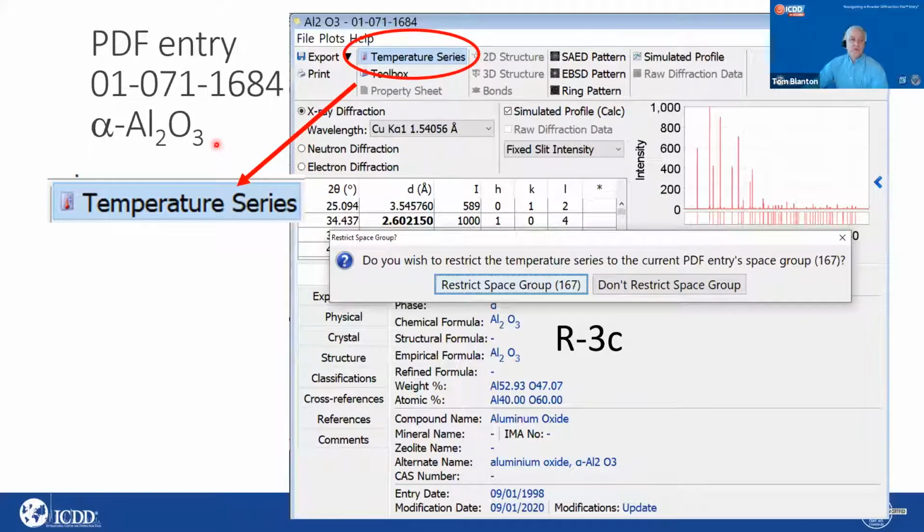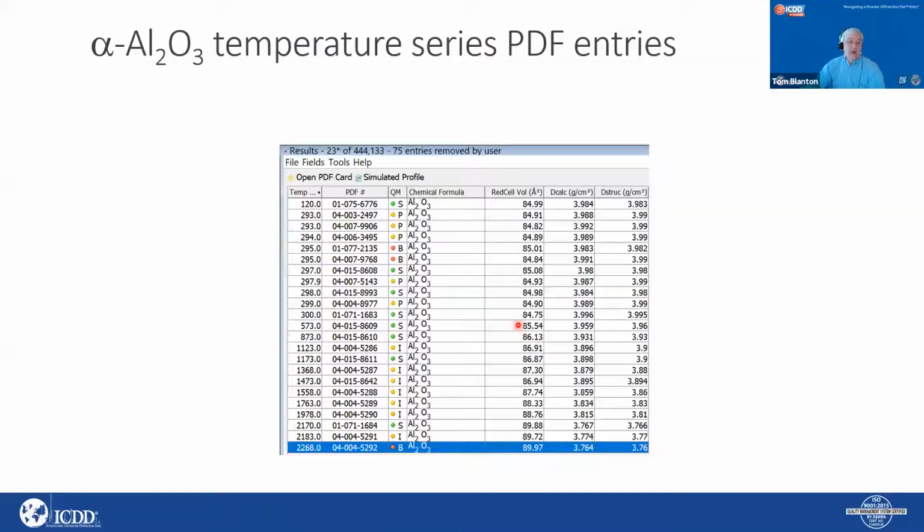So here is a corundum aluminum oxide entry. The temperature series icon is highlighted, and when you click on that, it will ask you, do you want to restrict it to just phases that have the same space group, in this case R3 bar C, or do you want to look at all aluminum oxides? So if I restrict it to just what is the effect of temperature on the corundum type aluminum oxide, I can click on restrict the space group, and I'll come up with a table of entries, and it shows a range of temperatures for this type of aluminum oxide